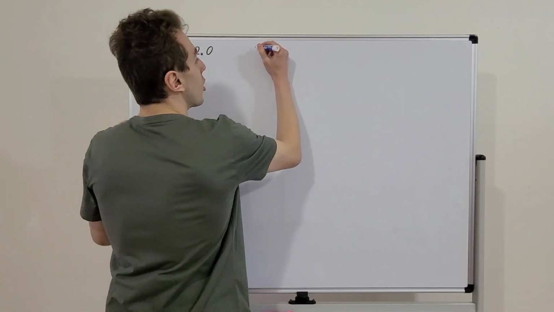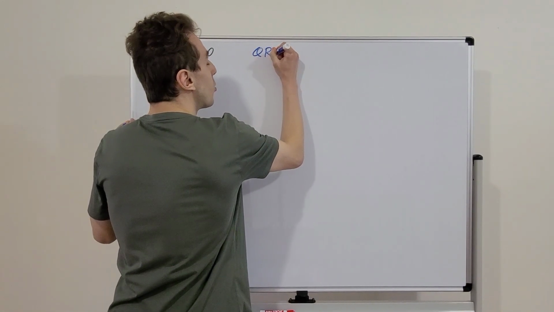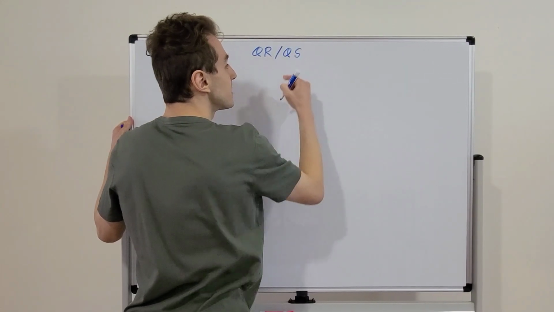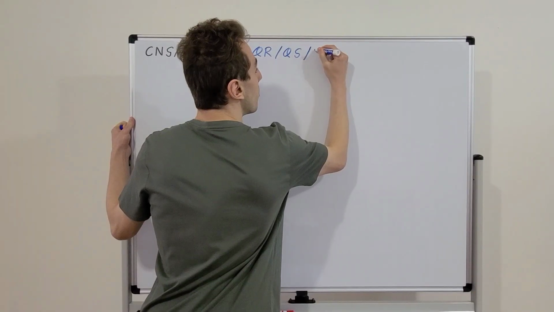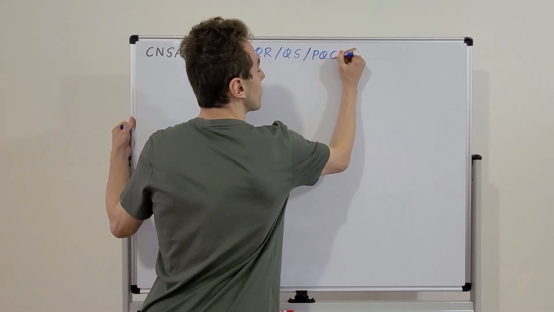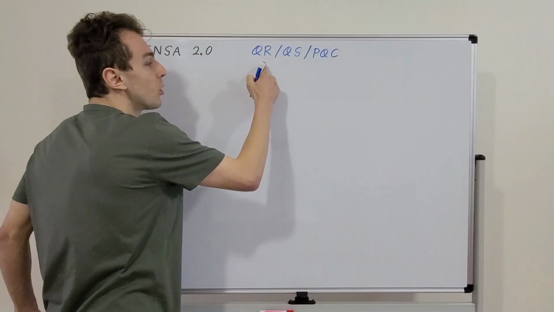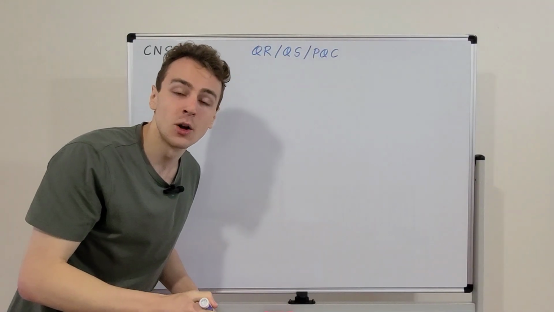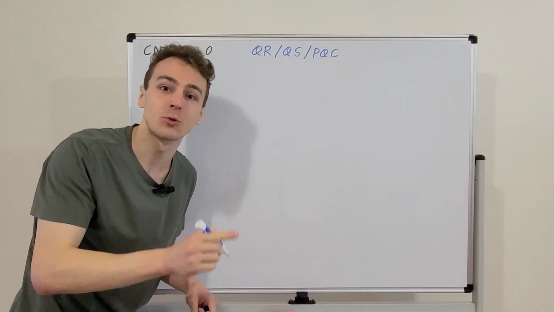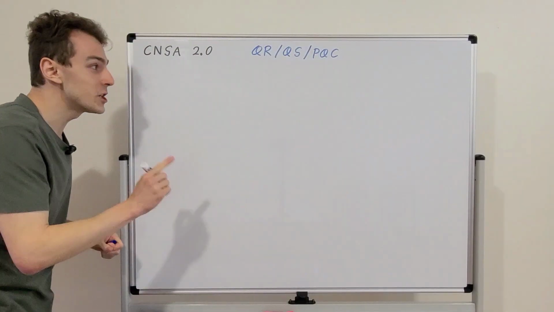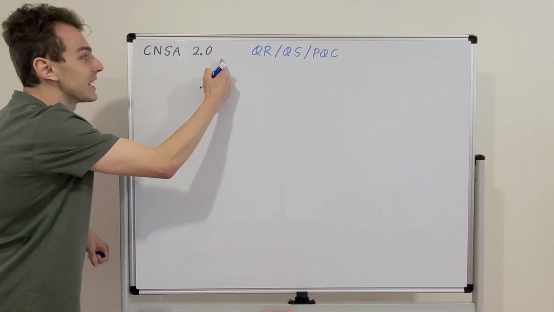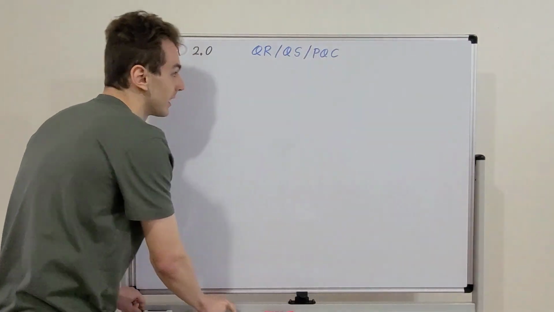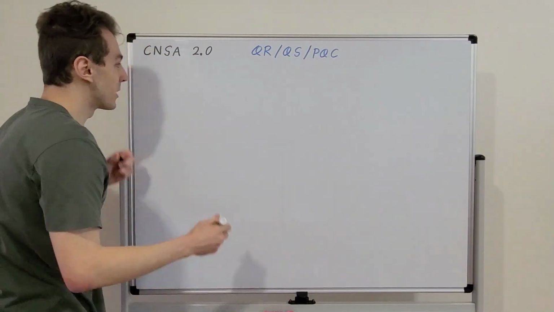If we use the term quantum resistant, or QR, that is equivalent to saying quantum safe, or QS, and it's also equivalent to saying post-quantum cryptography, PQC. So QR, QS, and PQC all refer to cryptographic algorithms which are not vulnerable to quantum cryptanalysis. Let's see which cryptographic algorithms are included in CNSA 2.0. In this suite of algorithms, we have